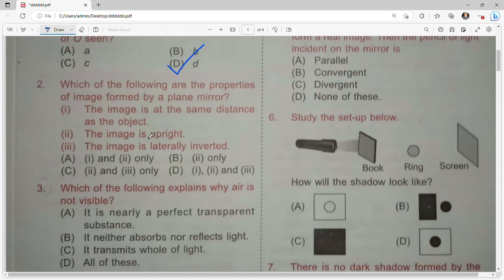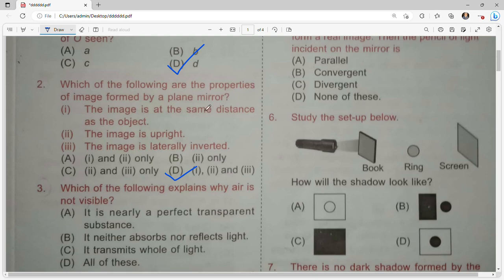So our next question number 2 is, which of the following are the properties of image formed by a plane mirror? Properties are, 1, the image is at the same distance as the object, 2, the image is upright, 3, the image is laterally inverted, and the options are 1 and 2 only, 2 only, 2 and 3 only, and 1, 2 and 3 only. So the correct answer for your question number second is option number D, which is 1, 2 and